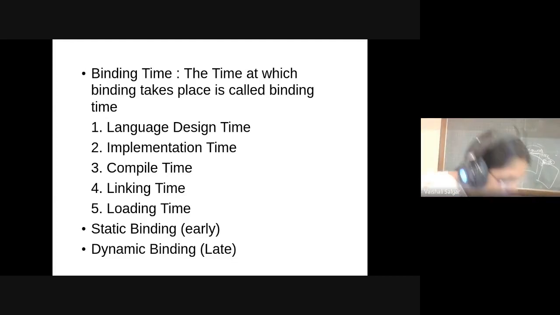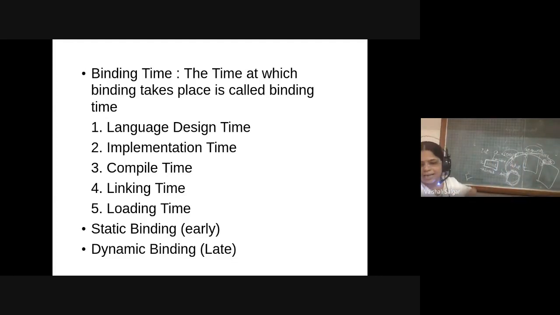Maybe you will come across logical address and physical address in some hardware related subject, but at this moment, just keep in mind that when your program is loaded into main memory for execution, that is your loading time binding. So this is your language design time, implementation time, compile time, and linking and loading time binding.